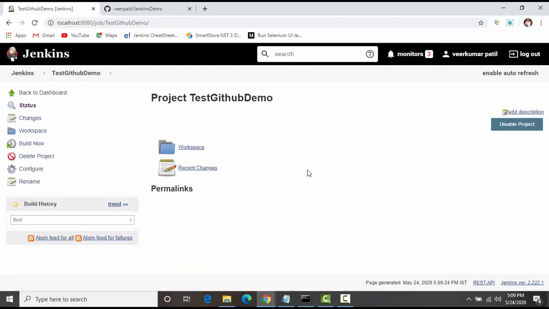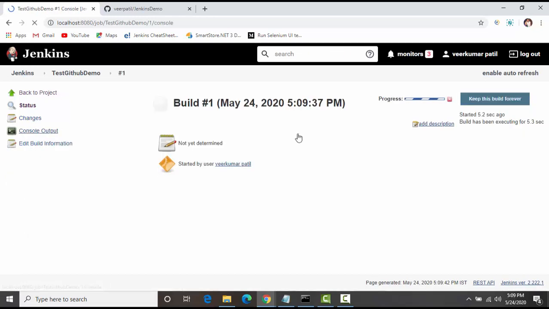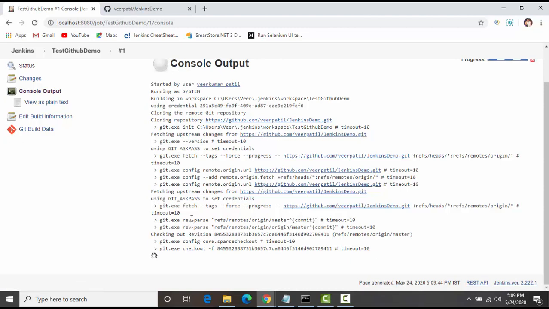Now let's see whether we are able to get the source code from GitHub and successfully run the tests. So for that I'll just click on build now. Okay, so we'll check the logs also, whether it is executing the git pull command.